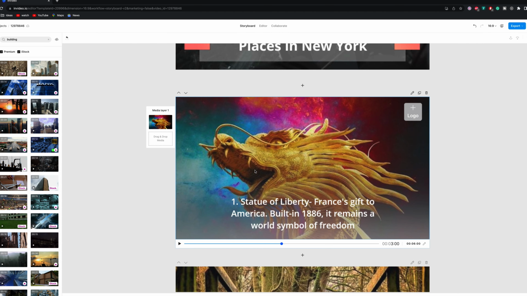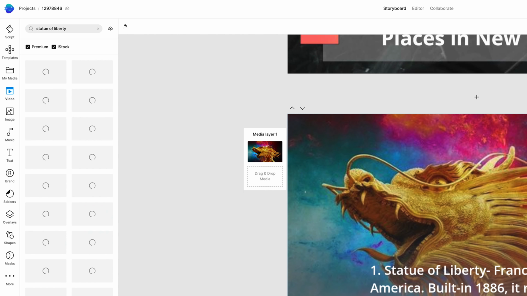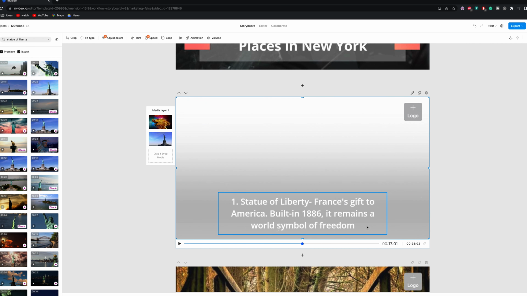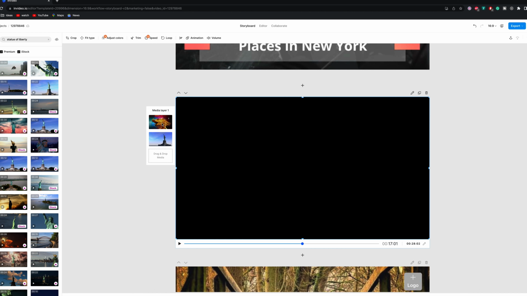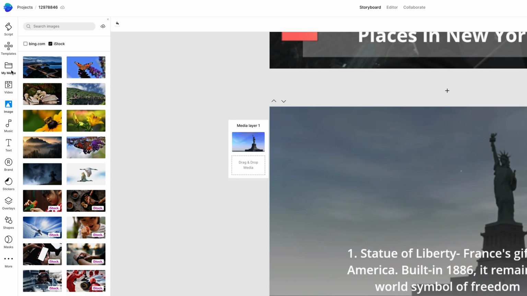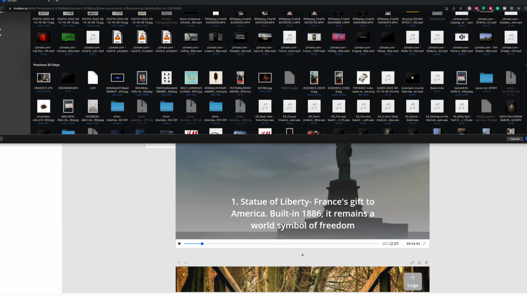Now for example, for this particular media for the Statue of Liberty, I would want to replace it with something else. I can click on the stock video on the left hand side panel and search for Statue of Liberty. I can simply choose the one I like and replace it with the one that is currently in use. Now let's say you have a video or image that is of your own and you would like to add it to your video. Now you can simply upload that media from your computer from the uploads tab and add